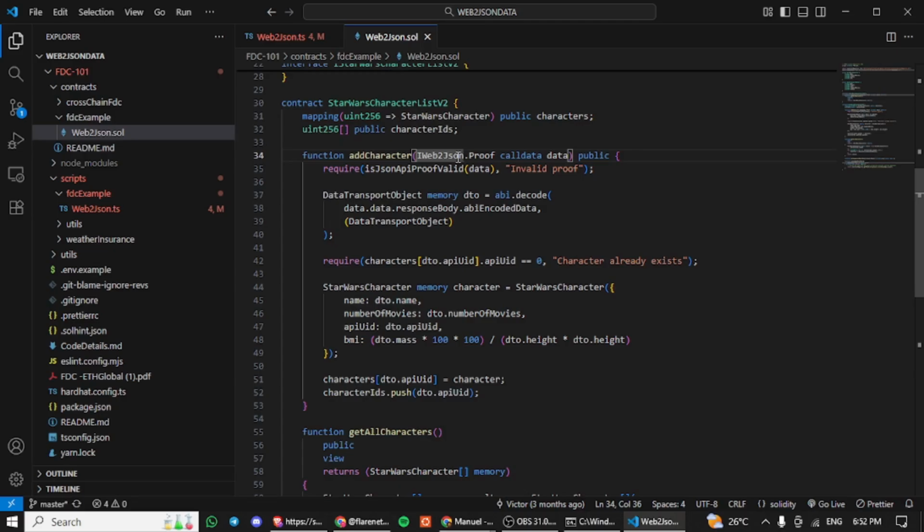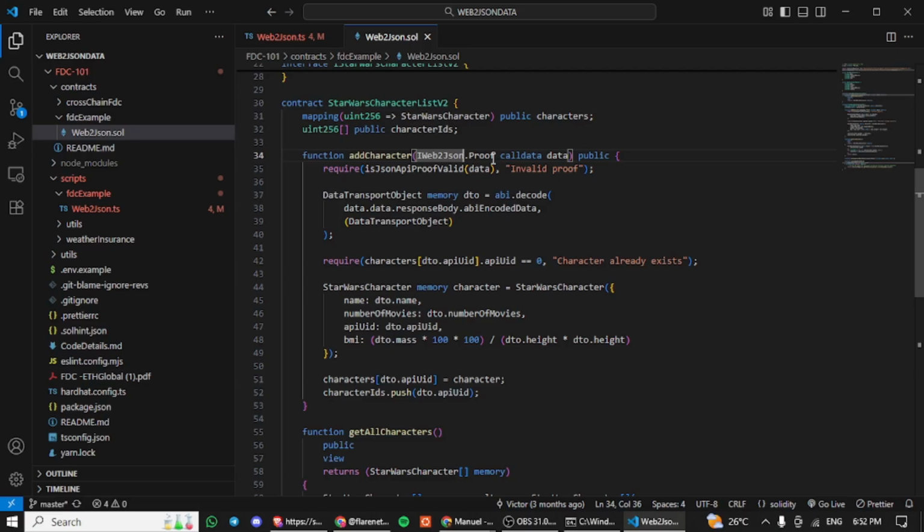So the FDC hub is practically off-chain in the sense that the only point of interaction between the network where you deploy the smart contract and the FDC hub is the point where you pass the data to a specific method on your smart contract. So this is the only point of contact between everything that happened with the FDC protocol and your smart contract,